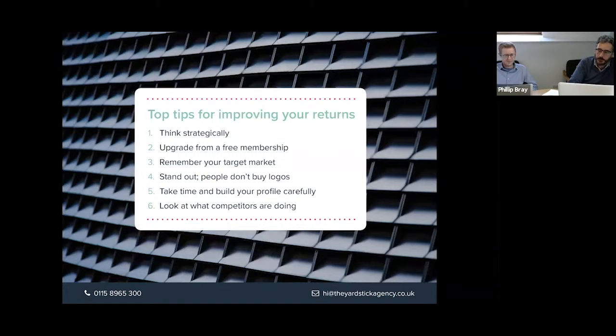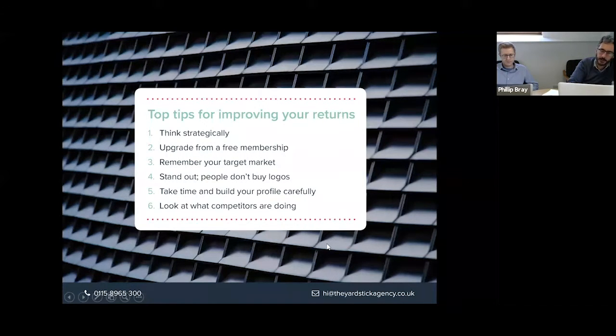Take time to build a profile carefully. Again, when you do your search for your postcode, scroll down, you'll see profiles that aren't completed. You'll see pictures aren't there. You'll see 20-word statements that have got 10 words in there or aren't completed. You'll see profiles that don't have testimonials, don't have links to the website, etc. Take time to really craft a compelling profile. If you don't have the time or desire, then outsource it. We build these profiles on a fixed fee of £250 per profile. And we know that profiles we build have better click-through rates than others that we compare to.